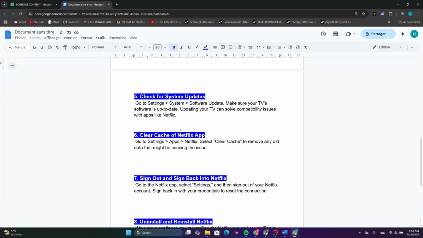Now after that, you can check the system update. So go to settings, then system, then software updates. Now make sure the TV software is up to date, and updating your TV can solve compatibility issues with apps